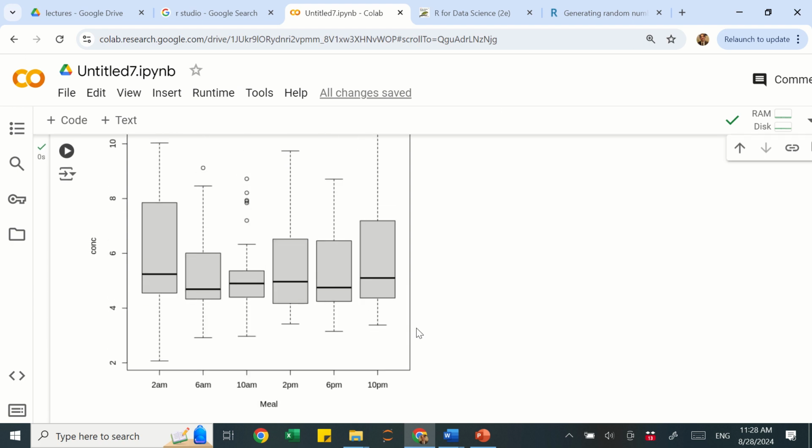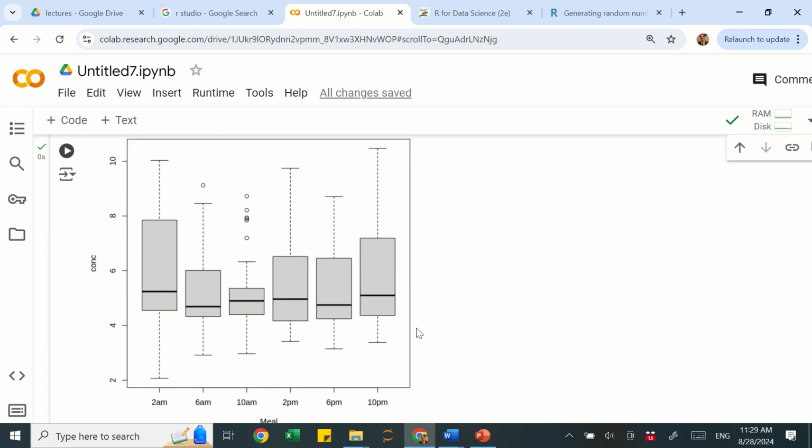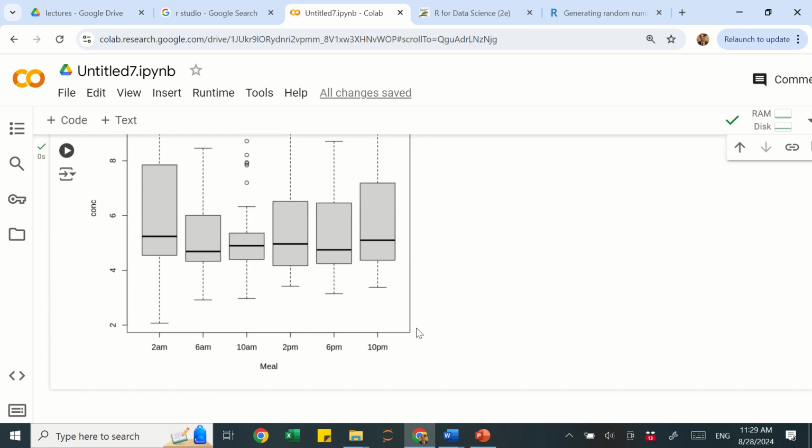So those are the type of questions or hypotheses that you can start asking yourself when you're doing this type of analysis. That's the whole purpose of an EDA, exploratory data analysis. That's why I like these plots, because they give you a lot of information, some statistics. All right, let's move to